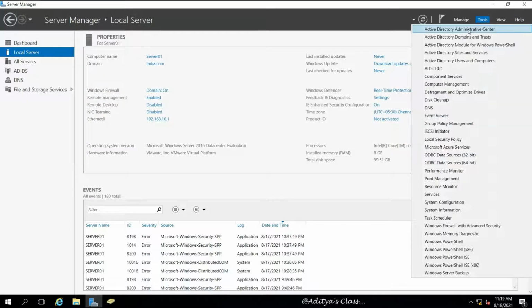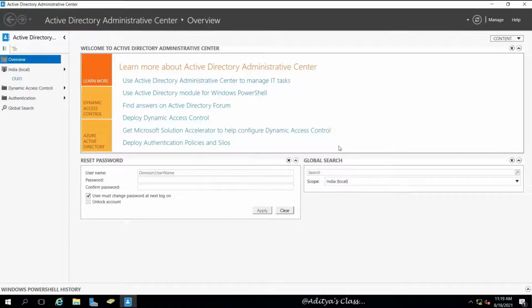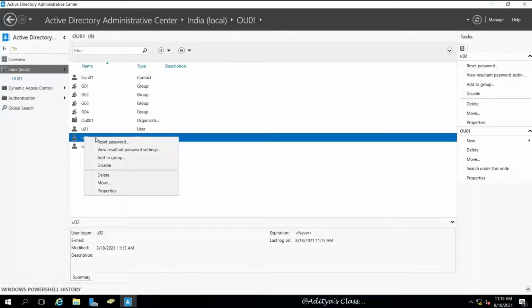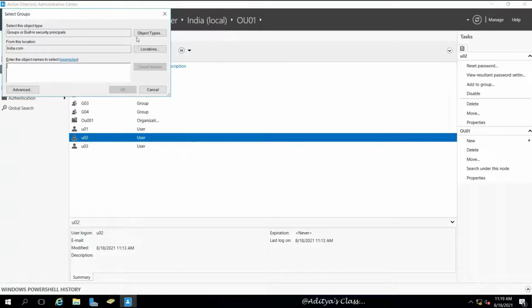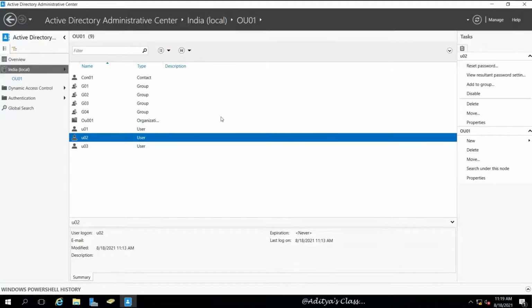Now we can try the same steps by going to Active Directory Administrative Center. Now you can see we are trying to add user 2 to a group called G03 in the Active Directory Administrative Center.